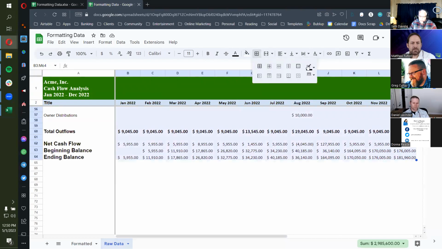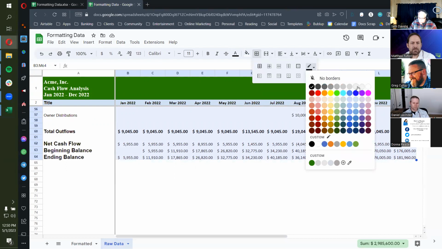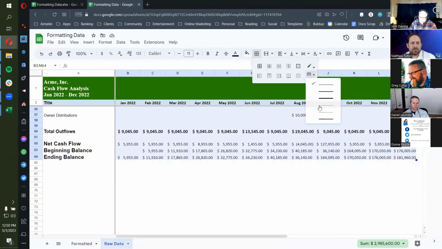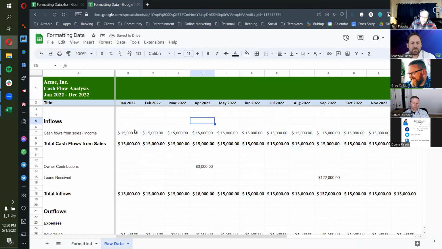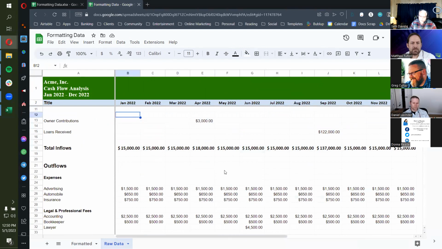Here's my border palette. Again, here I'm going to choose a light gray. Over here, I'm going to choose the style. And then I'm going to choose this one. And so now I've got my very subtle grid lines. For some of you, it may even be hard to see that they're there, but rest assured, when you're looking at it on your own screen, they are there. They're subtle, but effective. And then I might put a thicker border like around the totals to make those stand out a little bit more.